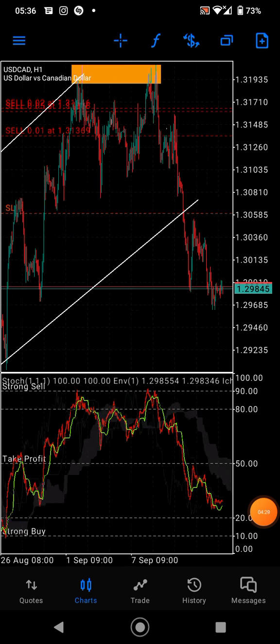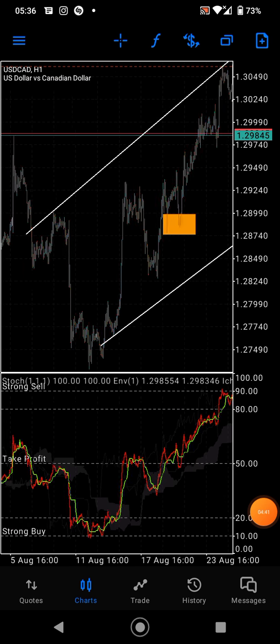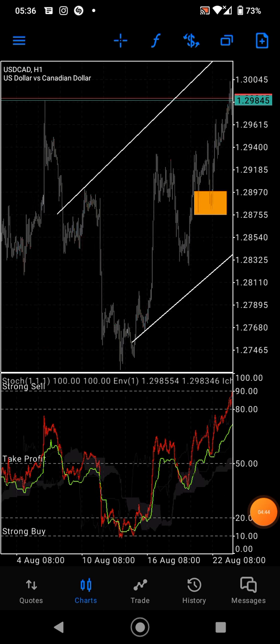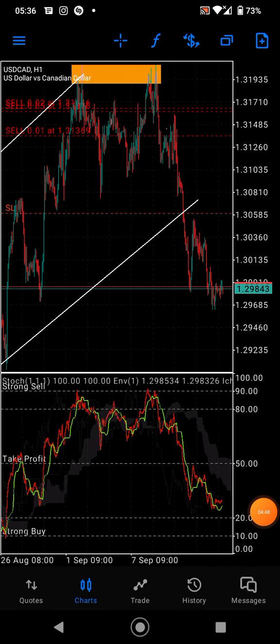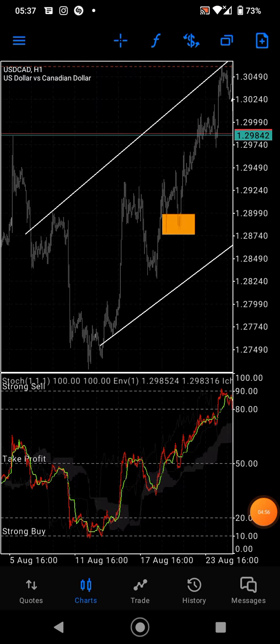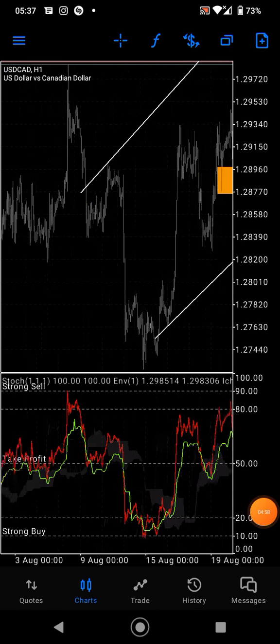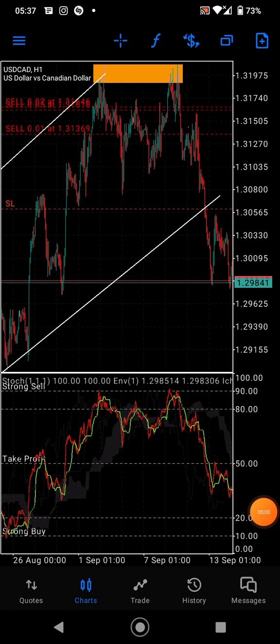So, this is why I took this trade. Let me explain. There was a channel. I saw a channel starting from here, and it went up to there, and it broke. I knew it was going to head down because of two things: it was in a channel, and there was